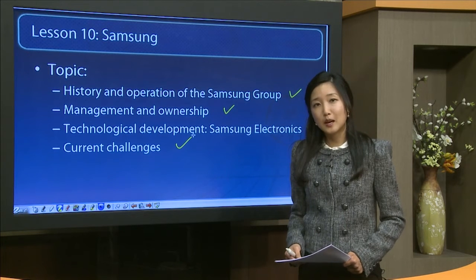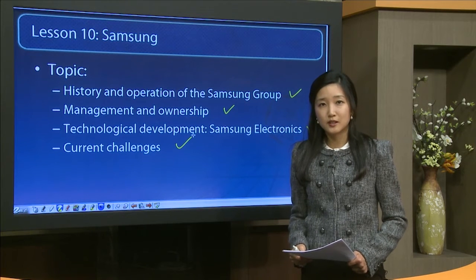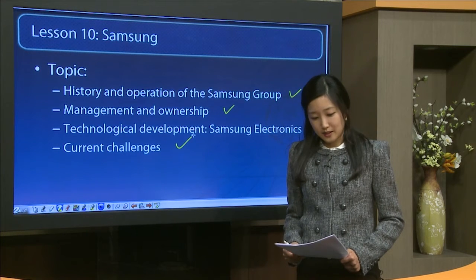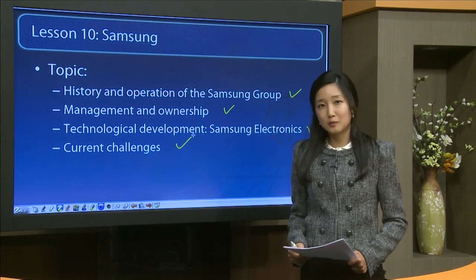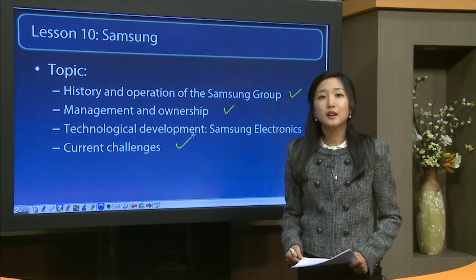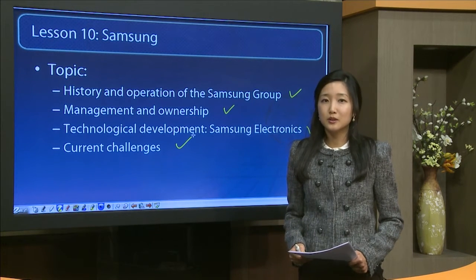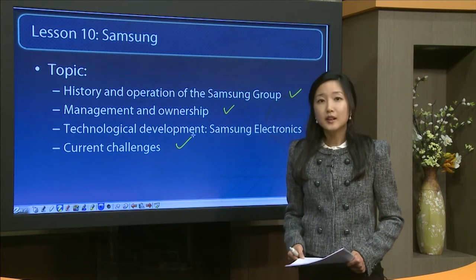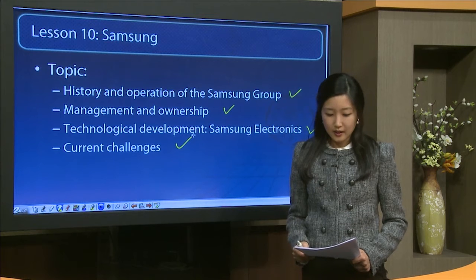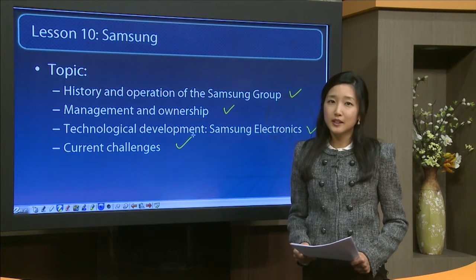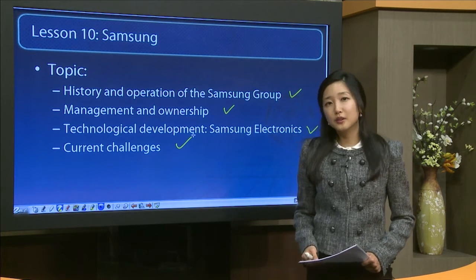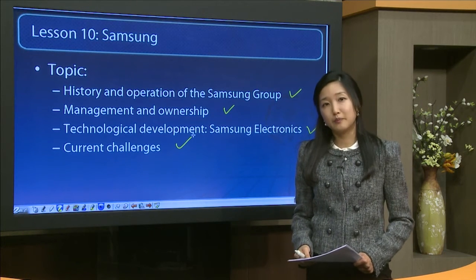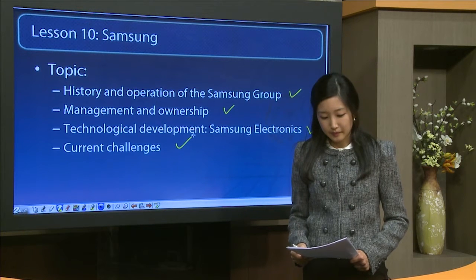In the 70s, Samsung entered heavy and chemical industries under government initiative. And in the late 1970s, Samsung Semiconductor and Telecommunications was established. In the 1980s, Samsung placed increasing emphasis on high technology ventures. Similar to the case of Hyundai, or even more so, Samsung is highly diversified. When going through the lecture materials, please take note of Samsung's numerous operations and affiliates.